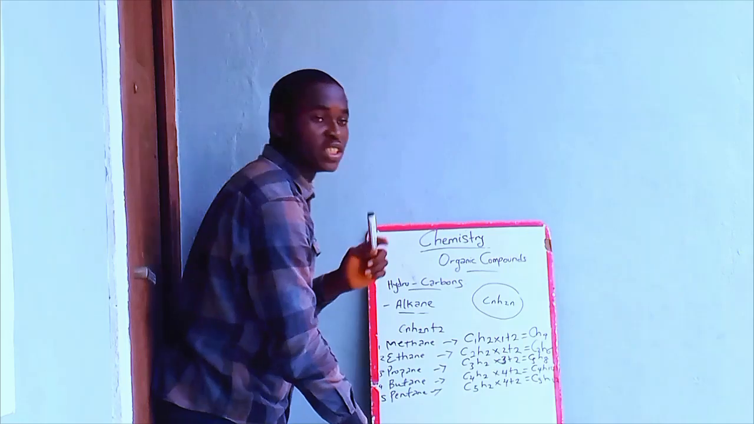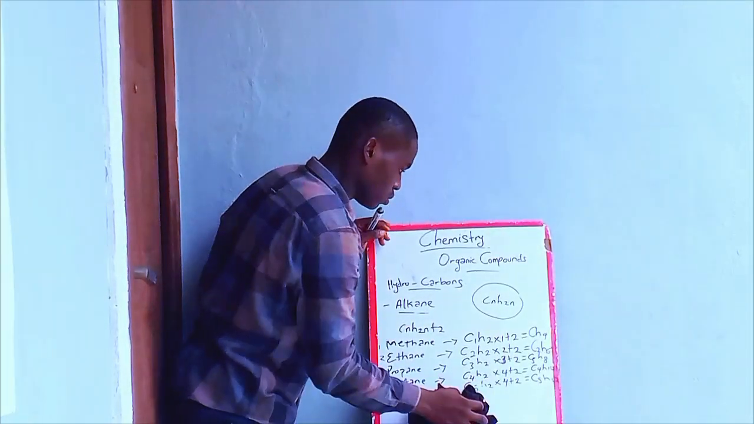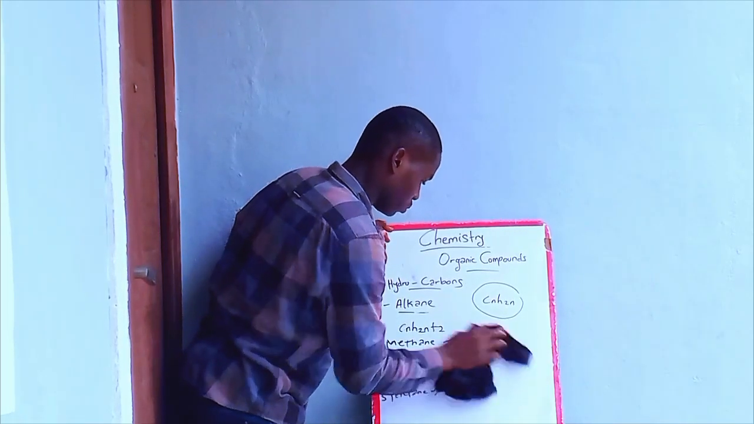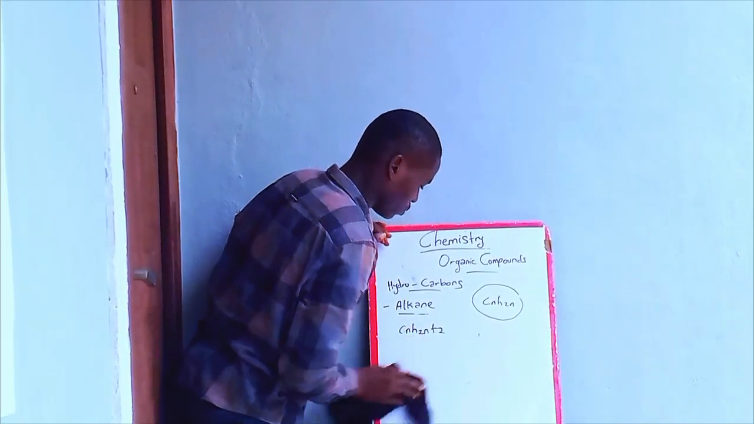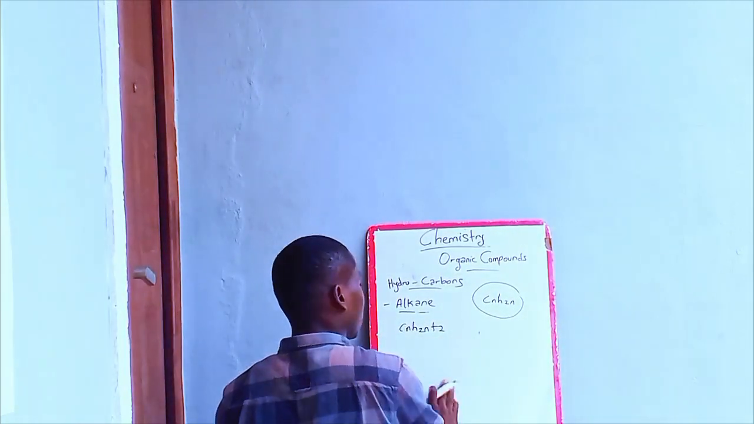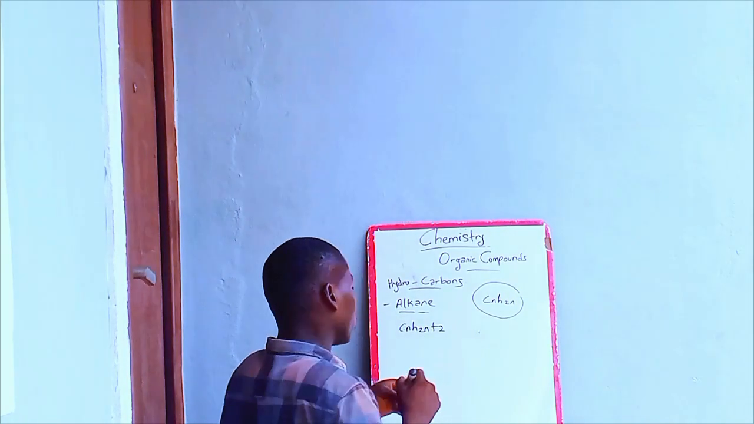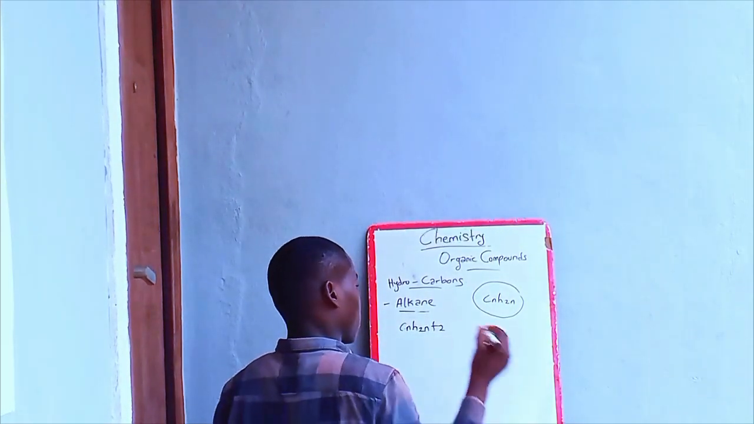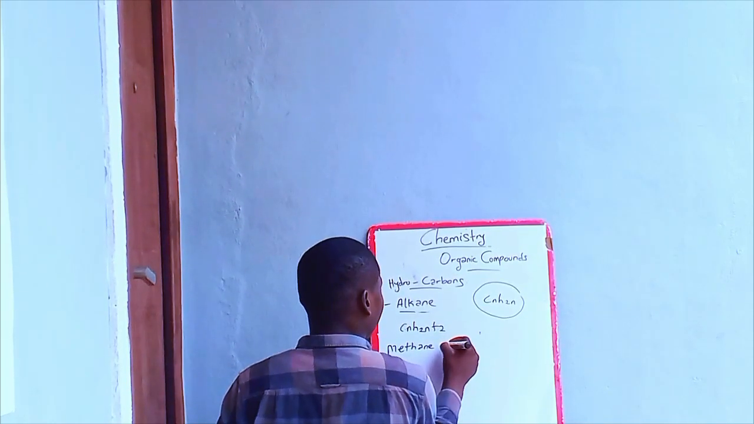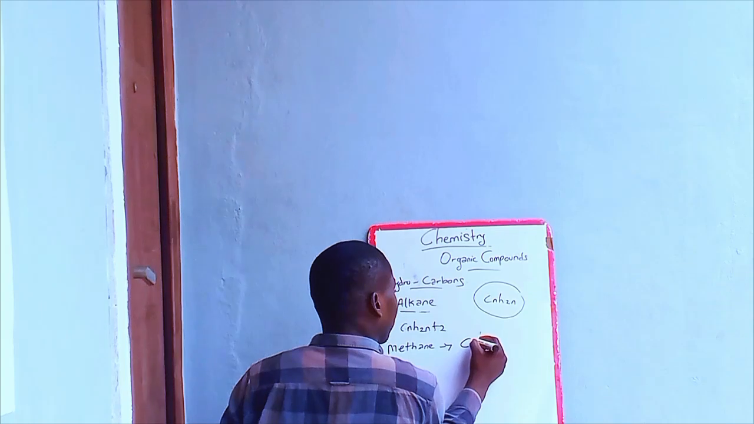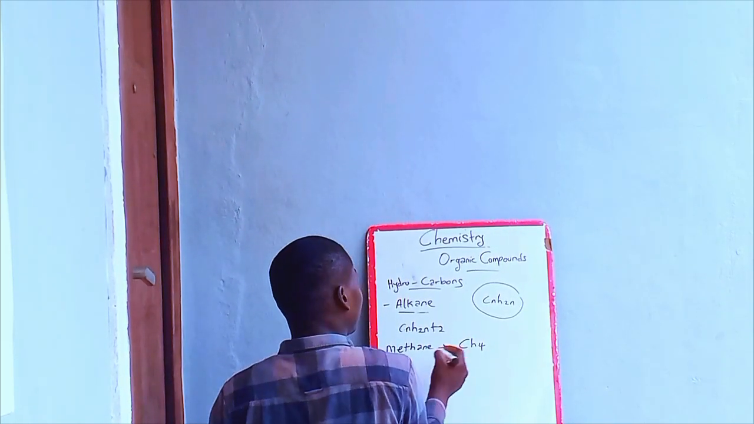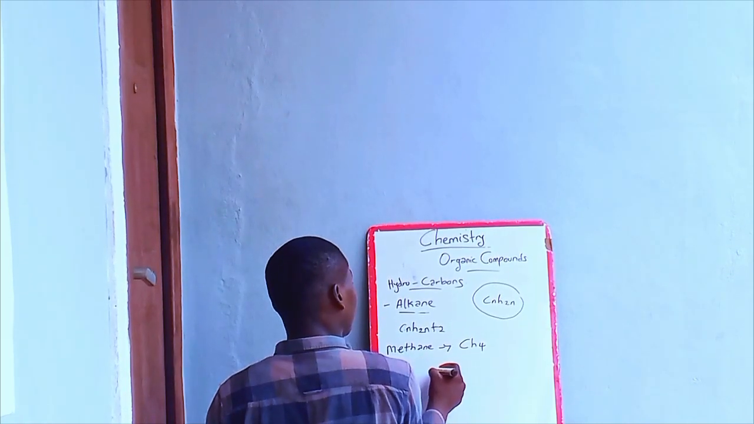Now let's look at the structural formula. The structural formula of each member also helps you to know the member you're looking at. Now, for methane, which is the first member, remember our formula for methane was CH4. It was CH4. So the structural formula is going to be